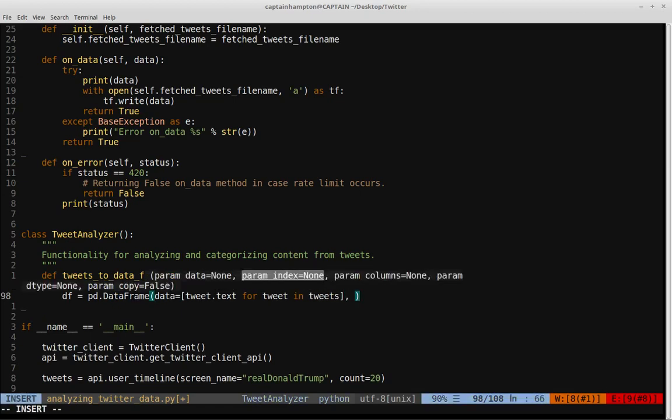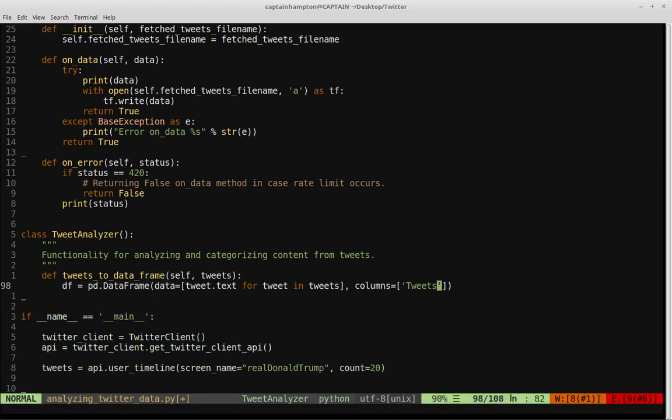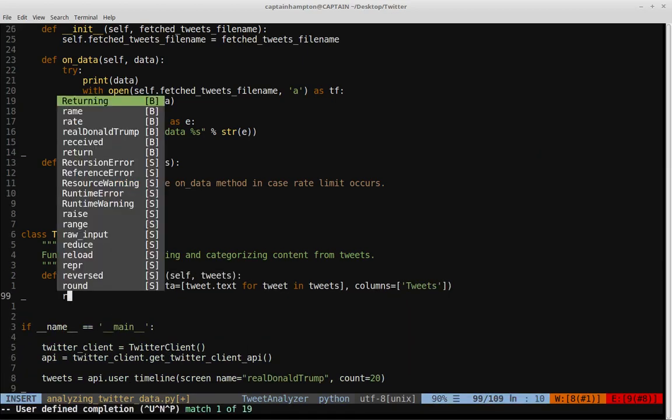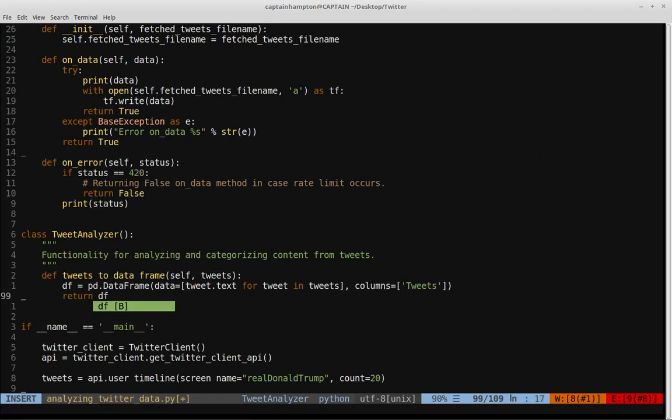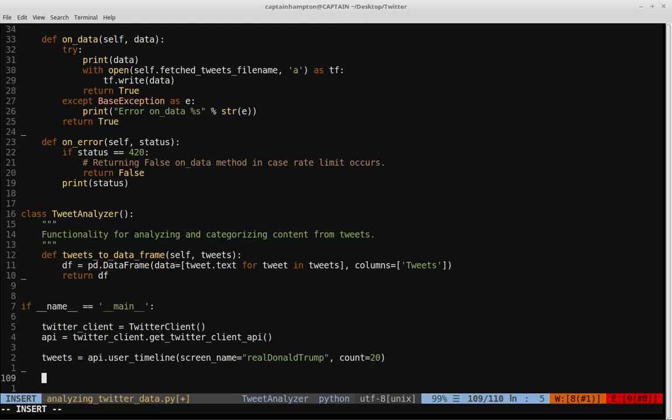And then we're going to specify the column for where these are going to live in the data frame. So I'm just going to give the column a name. So columns is equal to, let's say, tweets, just to specify what we're storing in this column. And then I'm just going to go ahead and return the data frame that we've created here. So down here we have our tweets, and then what I'm going to do is say data frame is equal to